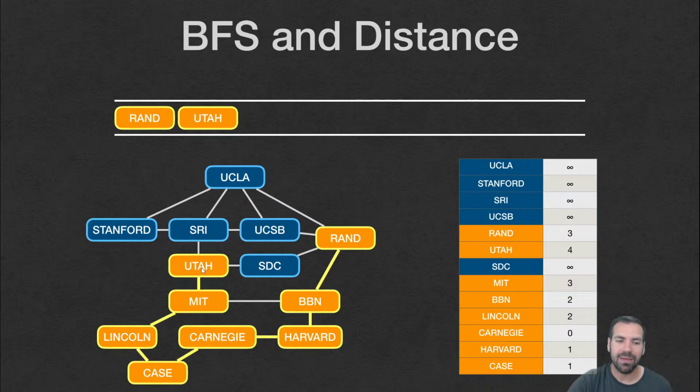Or else how are you going to have a path of length 3 if it's not connected by an edge to a node of distance 2? That's the only way you can have distance 3. And we've already explored all of the neighbors of all of the nodes with distance 2. So we know that's not the case because Utah wasn't explored yet. So we guarantee that Utah's distance is exactly 4 because we found it through a node of distance 3, and we would have found it sooner if Utah's distance was less than 4. And we know there exists a path of length 4 because we have an edge connecting it to a node of distance 3. So that's kind of the theory behind why this is working,